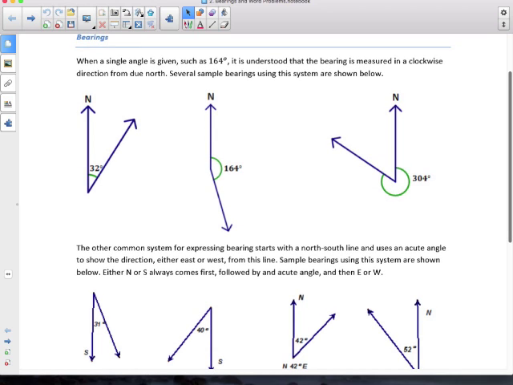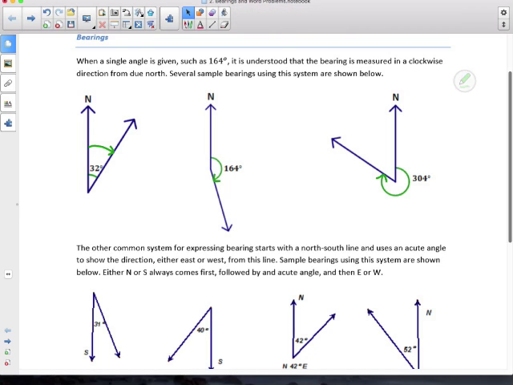So when a single angle measurement is given, such as 164 degrees, we pretty much understand that to mean that it's coming from north, which is straight up, and then going clockwise. Okay? So here are just a couple different examples of them. So we go from north, 32 degrees, clockwise. Here we're going from north, 164, from north,